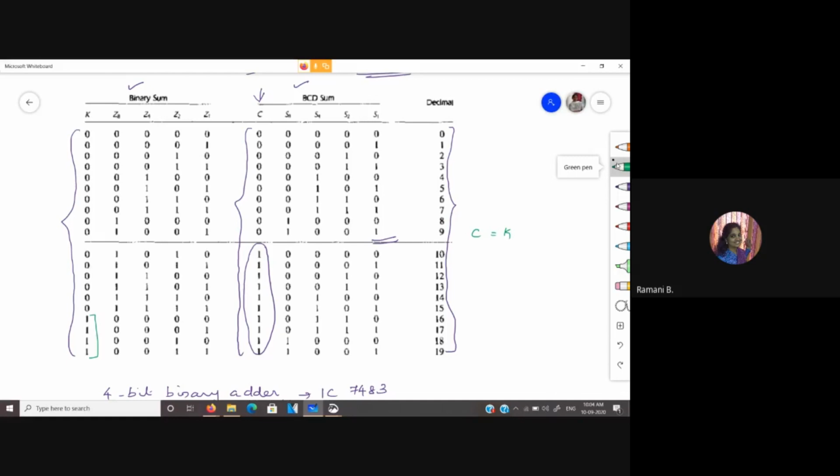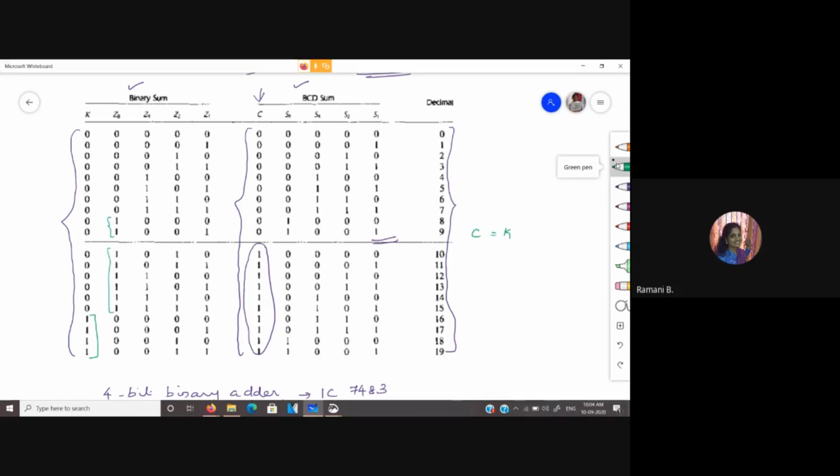Then I will move ahead with the next bit positions. Here I have 1 in all these cases of Z8. But I cannot straight away say that I will add 6 to the binary sum whenever Z8 is equal to 1, because we need to differentiate them from these 8 and 9 values, right? So I cannot simply put it as K plus Z8. To differentiate that, we check the next bit position.